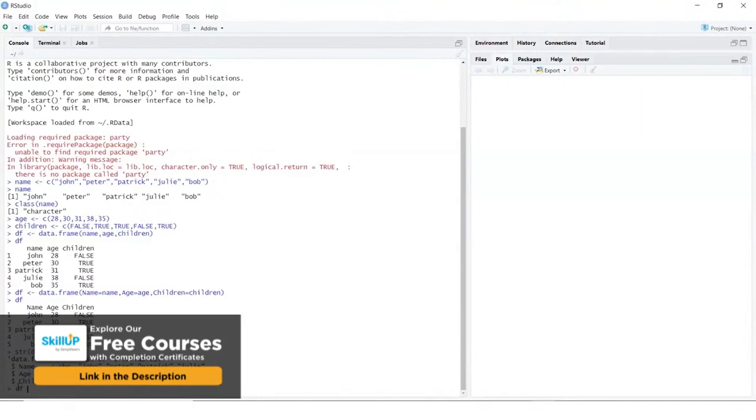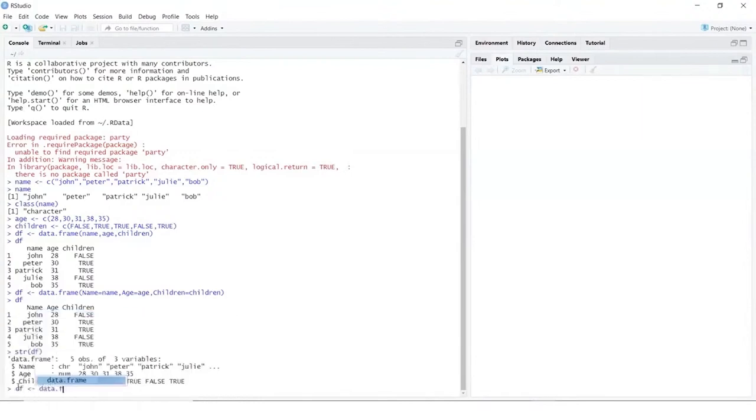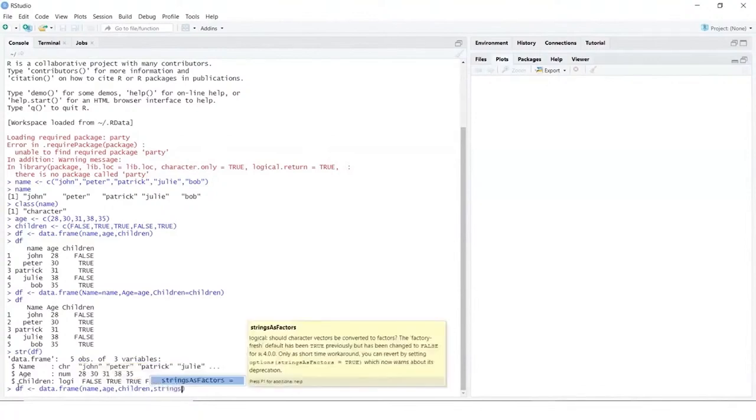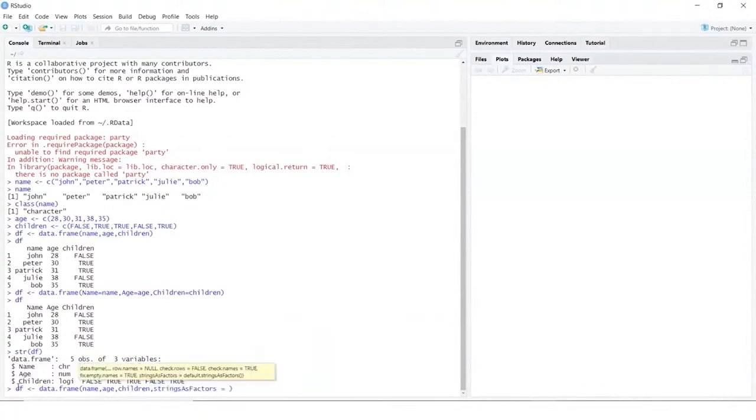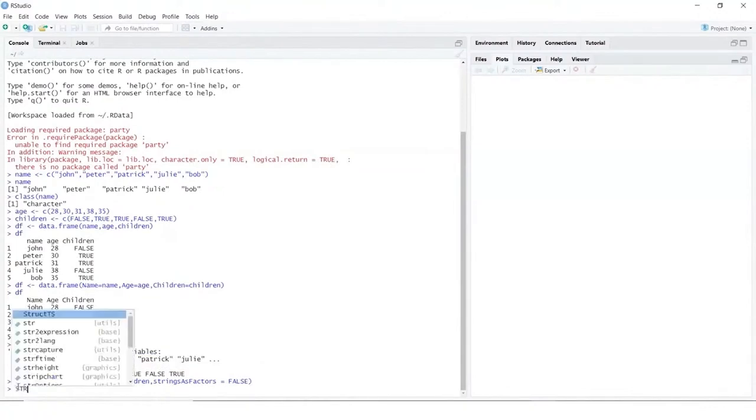So I can create a data frame like this, use my data.frame function, and then pass in our vectors, that is name, age, and children. And then I can say stringsAsFactors and set this value to FALSE. So if I do this, and now if I look at my data frame structure,